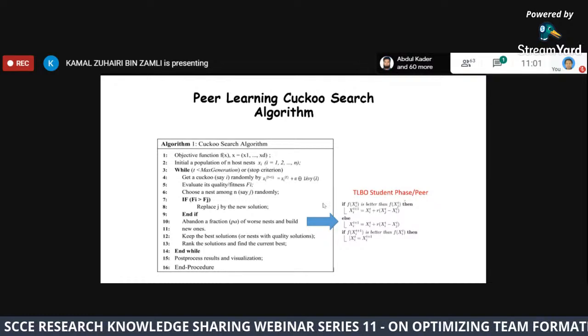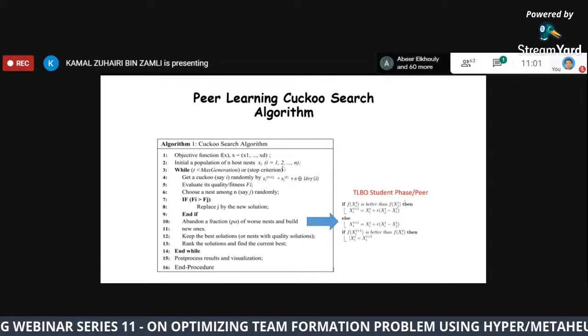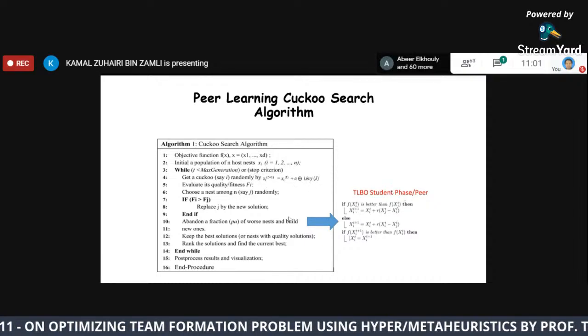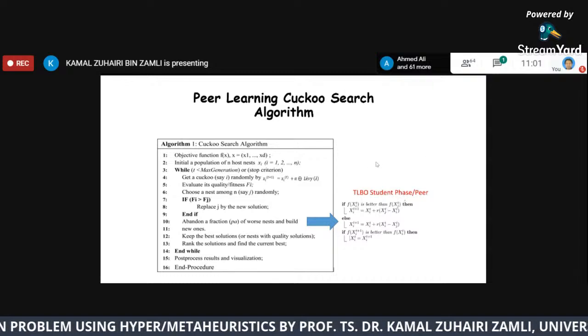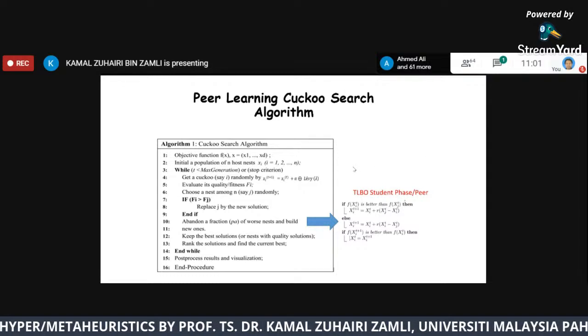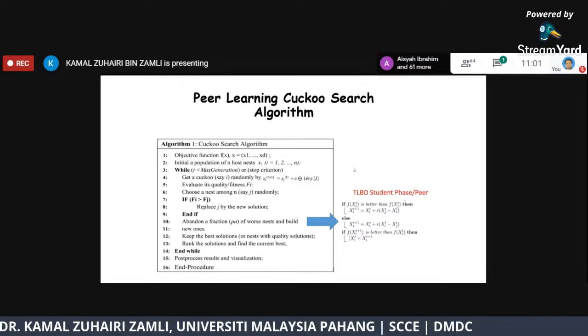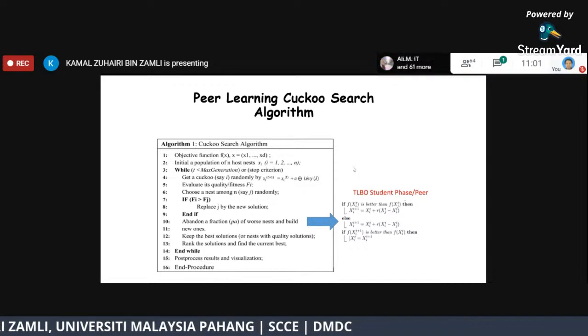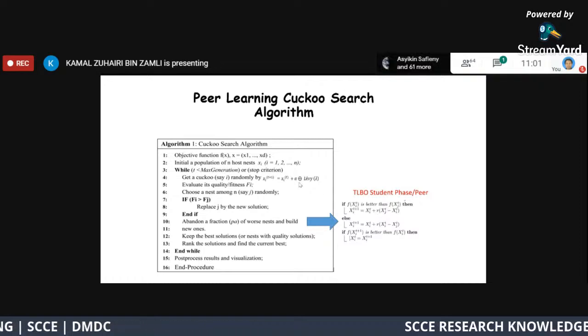Meaning, you modify the algorithm. The algorithm originally has only one equation, but now you introduce a new equation here, and this equation is based on a different algorithm. So this is called low-level hybrid. It is low-level because you meddle with the original source code and change it with different source code. So the update operator changes. So this is the easiest form of